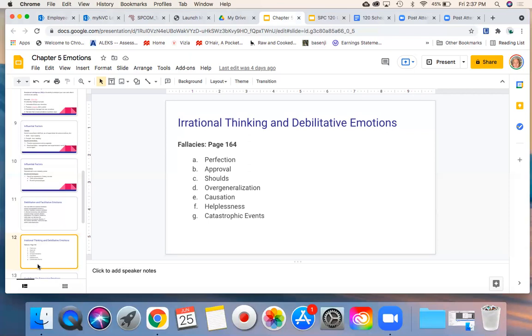And then the next one is causation, which is based on the irrational belief that emotions are caused by others rather than by your own self-talk. Okay, so I know that one can be tricky, right? Because people can be pretty mean to us. And if they hadn't done that, we wouldn't have felt that, right? But the way I like to explain it is, in the end, it's still yours. Even though maybe you got triggered by someone and someone was unkind, in the end, it came from within you.